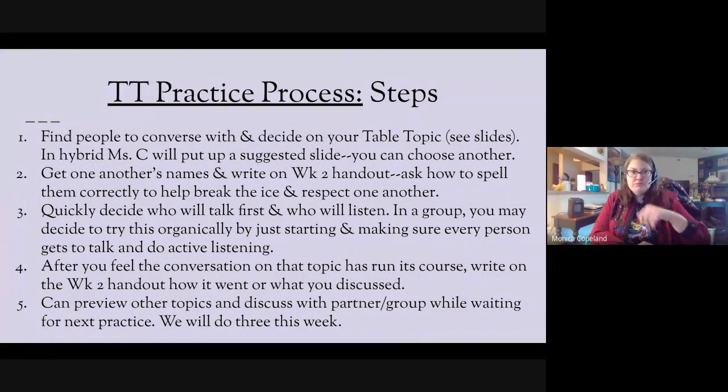Here's the basic steps. So find people to converse with, decide on your topics. I'll put up the suggested topic slide, but like I said, you can choose another. I will also time this for you. So after 6 minutes are up, I will put up the next slide and okay, move to the next one. Like I said earlier, get one another's names, write it on your handout, get them spelled correctly,